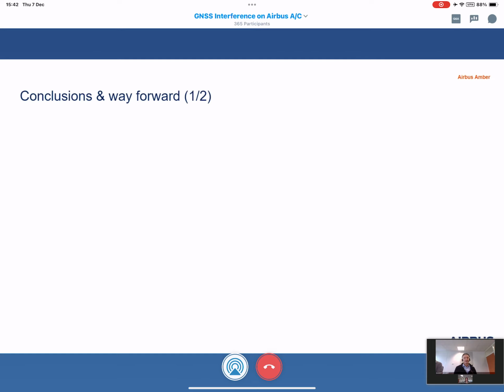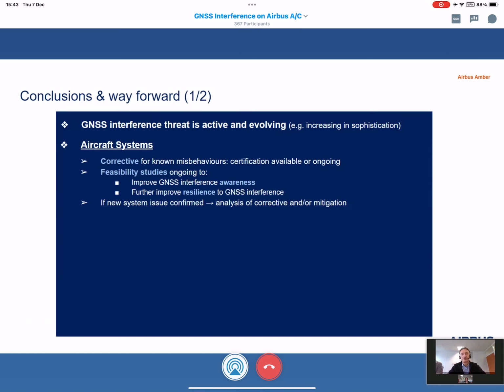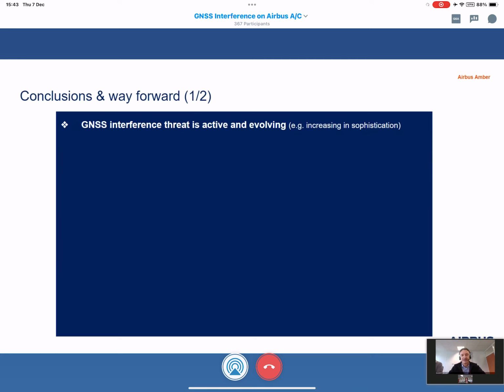And it's time to conclude and also to look at the way forward, because as you understood, GNSS interference is a threat that is active and evolving and increasing in sophistication. And with all the reports we receive, all the contact we have with you operators, we fully understand at Airbus level that it's a huge operational burden and a potential safety impact.